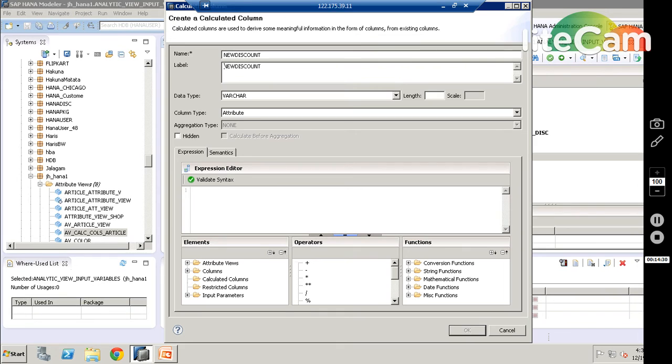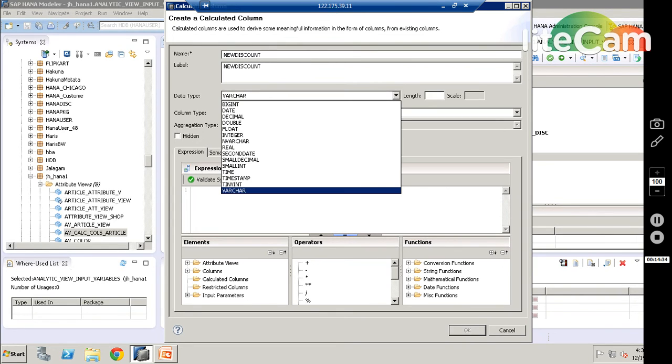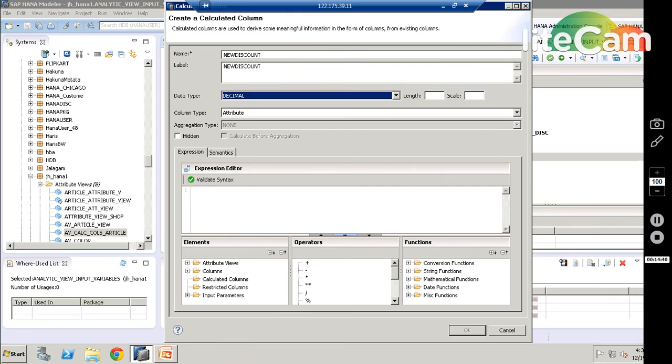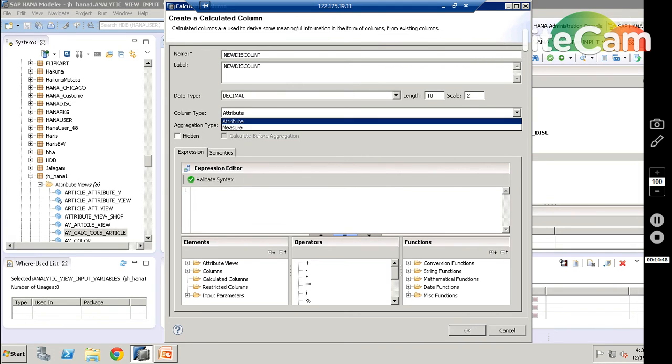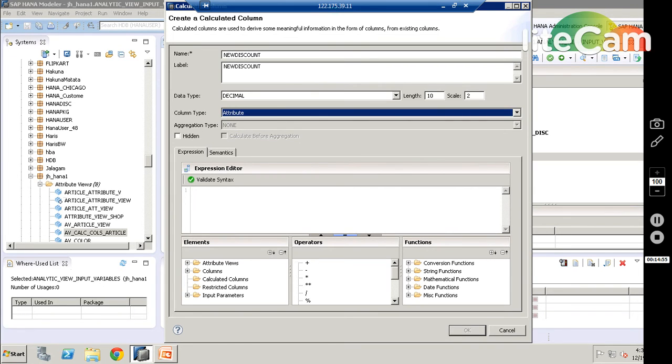Your data type of this, is it varchar? No, it's going to be a decimal, and I have to take some 10 with scale 2 after the decimal. So the column type is going to be attribute for me. I'm not going to analyze or do any aggregations based on this. It is going to be one of the properties.